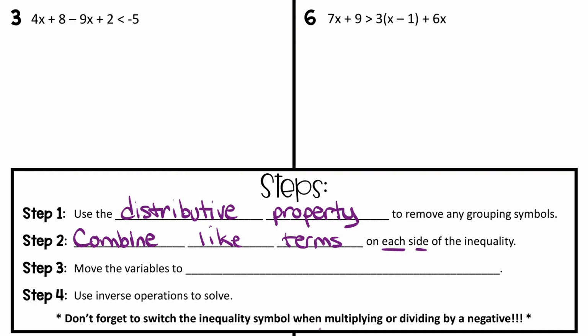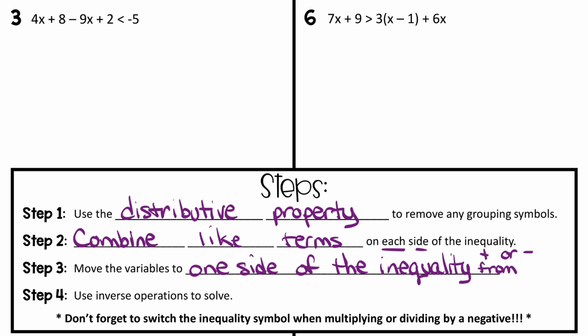Step 3, move the variables to one side of the inequality. Recall, this will involve adding or subtracting from both sides. Use inverse operations to solve, and don't forget to switch the inequality symbol when you are multiplying or